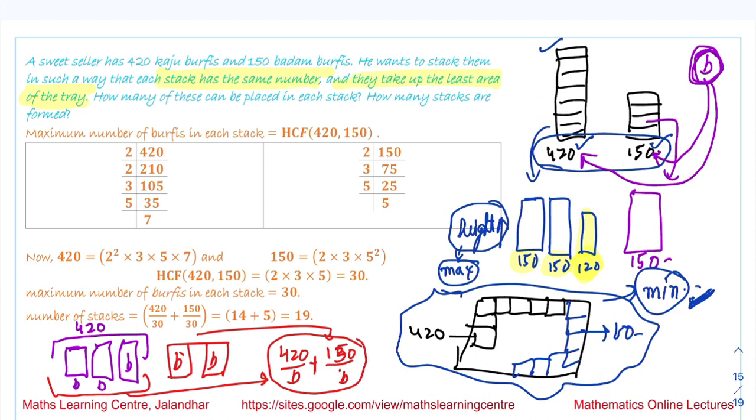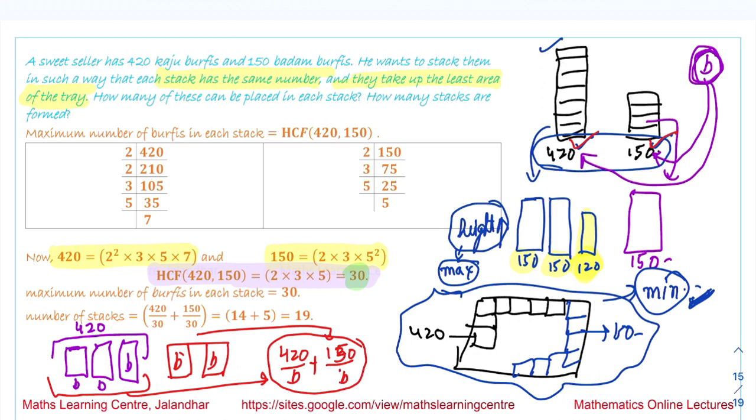So we have to calculate the highest number that divides both these values. It means that we have to find the HCF of both these numbers. For HCF we have written the prime factors. We have done the prime factorization of 420, we have done the prime factorization of 150, and we have written the HCF of both these numbers. Highest common factor we are talking about, we have written that number, and the answer we have obtained is